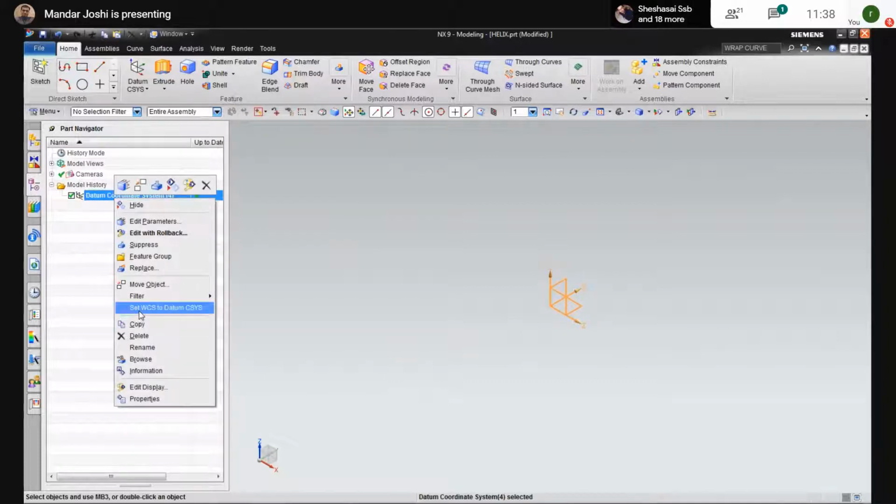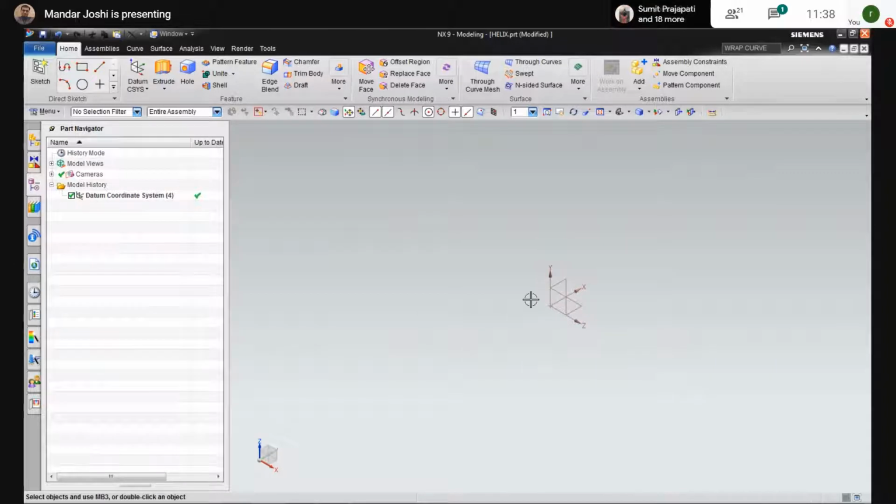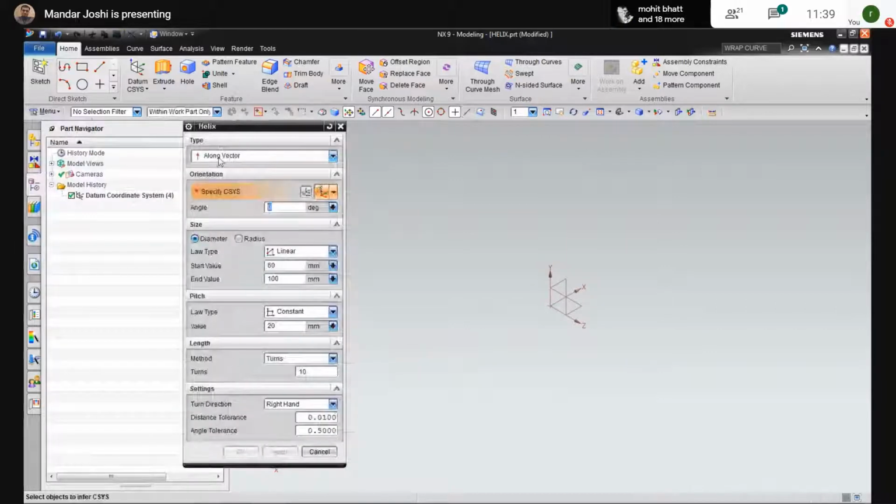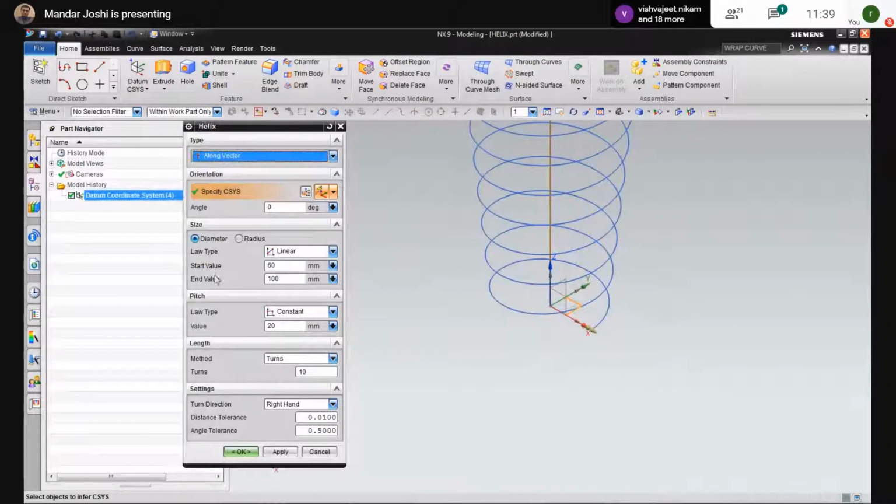Set WCS to datum coordinate system. Now the Z has changed. So you will get the XYZ coordinate system, and with respect to that coordinate system you generate this curve, that is the helix curve. Along vector, I'm selecting this orientation, that is the coordinate system that you have to define.